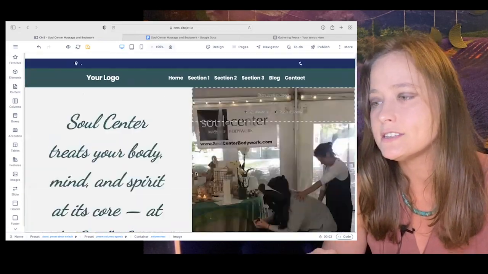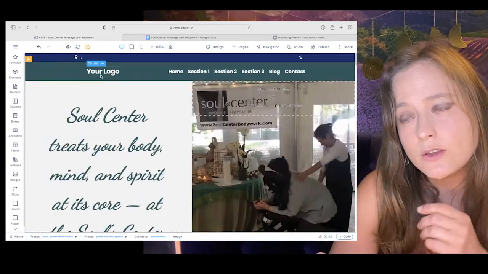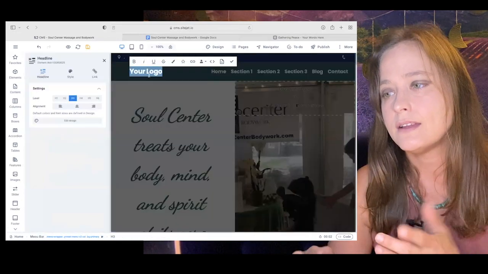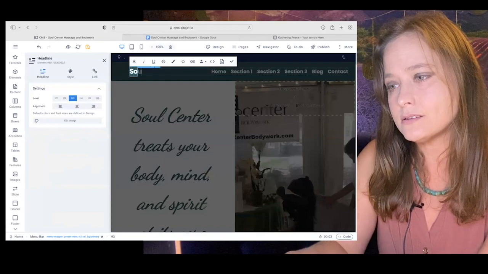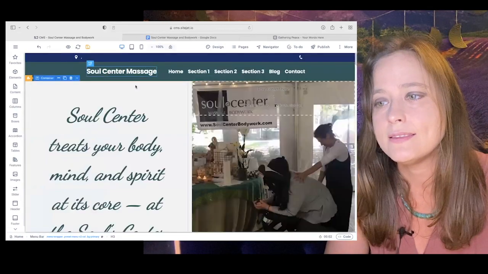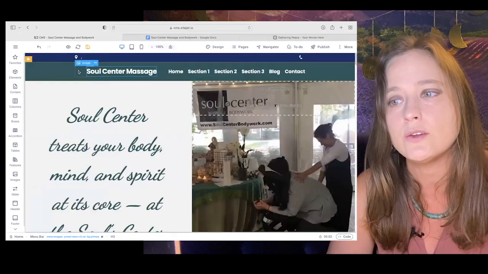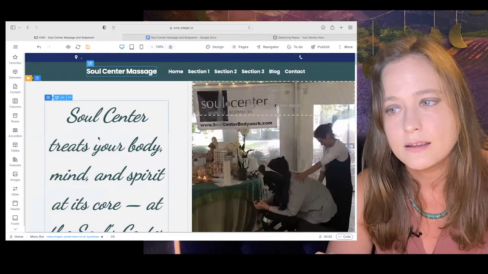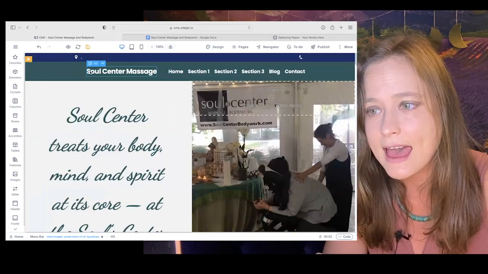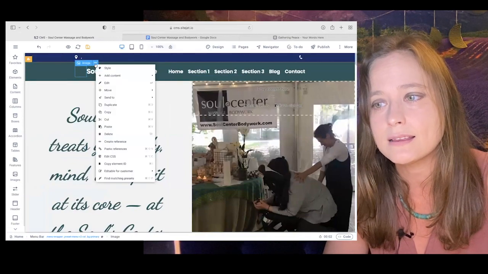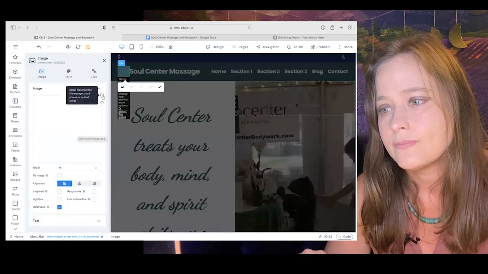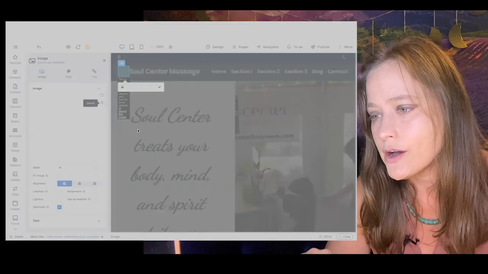Okay, so now I've changed all of the images. So if you have a logo, you can, if you don't have a logo, you can type in Soul Center Massage in this text box. If you have a logo, then you would go to the image container next to that, scroll over it, click the three little dots, say edit,